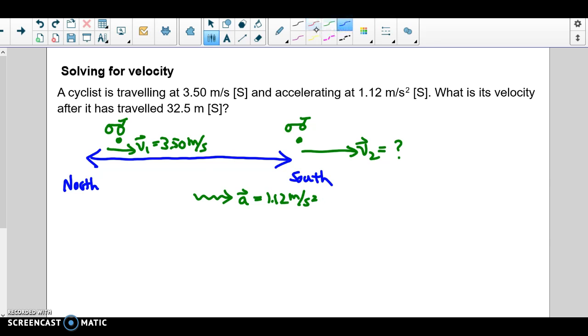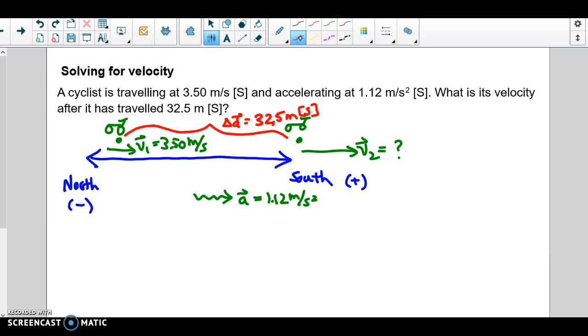And we also know that throughout this entire motion, there's a displacement of 32.5 meters, also south. So there's all of our information. Now we get to choose what's positive and what's negative. In this case, since every single direction is south, I'm going to make my life a lot easier and say